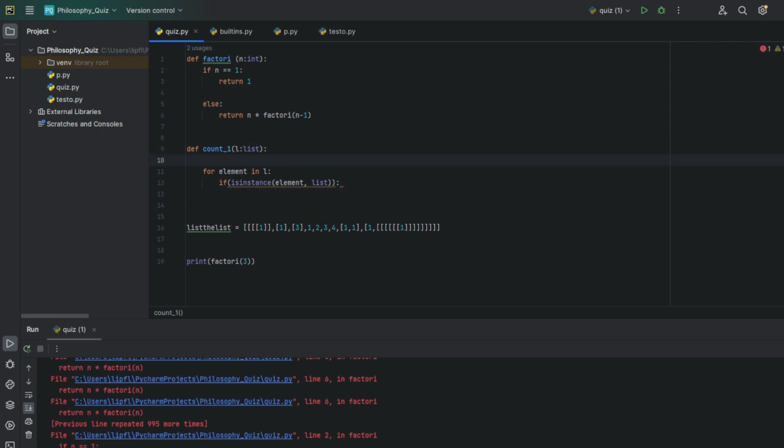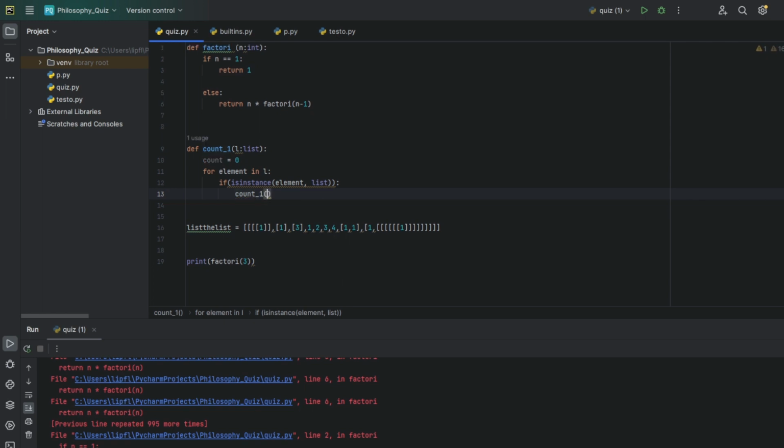And for that we should also declare our count. So we need a variable like count equals 0, and then of course count 1 element is count plus the count 1 element,